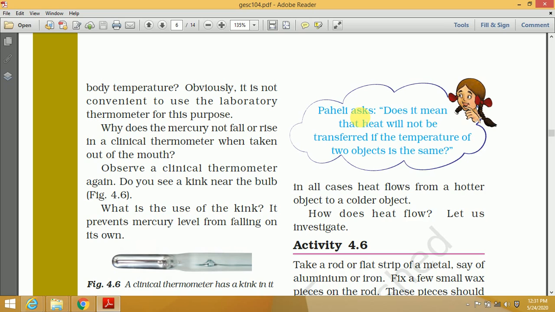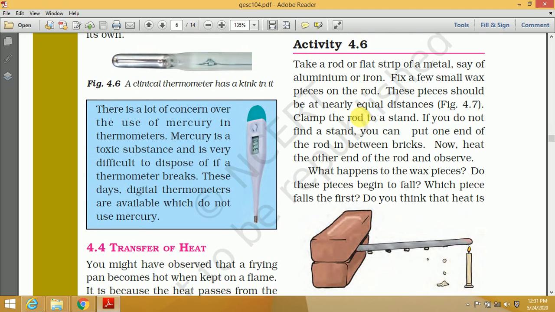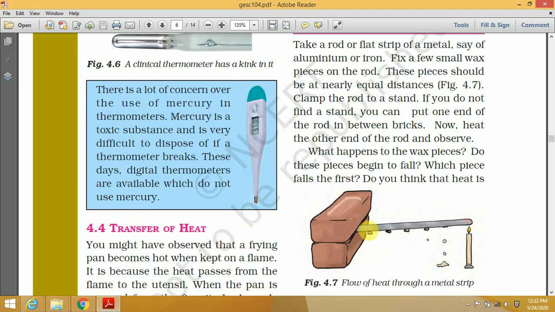You can do this activity with your parents, because here you have to take one candle and you can take some iron objects. You can take the nails, nuts, or any iron object. So here one metallic strip is taken. So this is a metallic strip. You can take any object from the kitchen. You can take one spoon. You can take a knife also. But the handle of the knife should not be of plastic, otherwise it will get spoiled. Or you can take any this type of object from the kitchen.